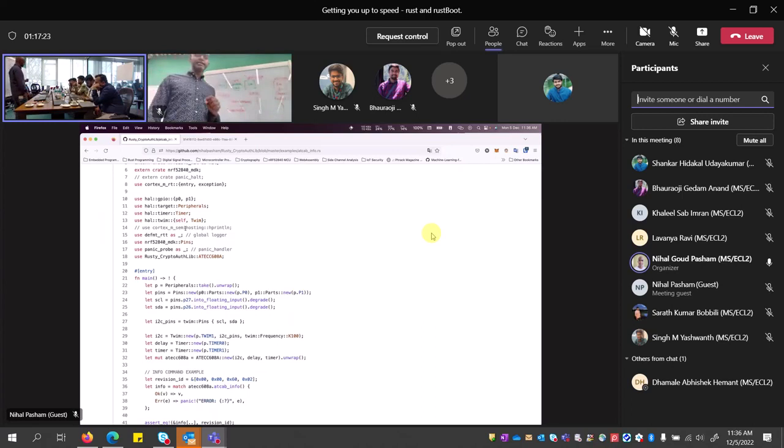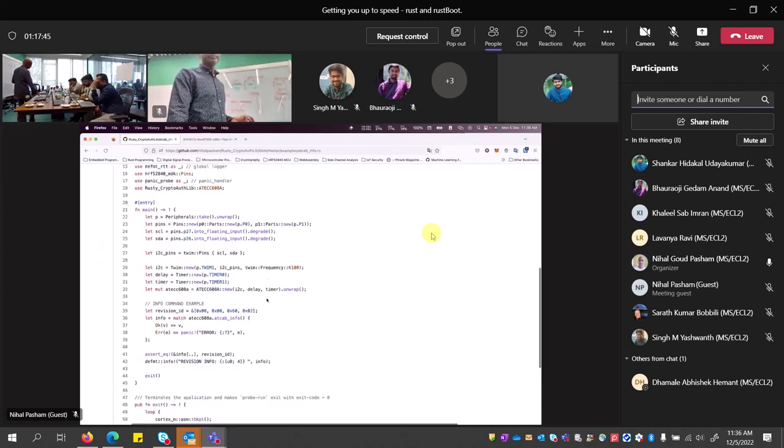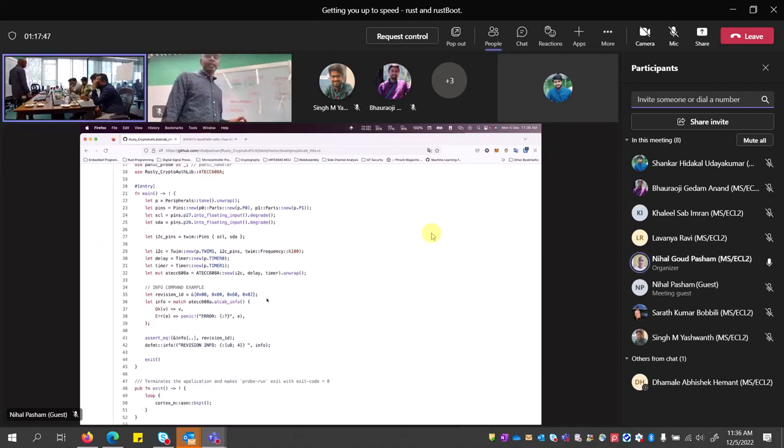So if you see over there, on line number 13, you will see TWIM, the 2-wire interface in the master mode. Okay. Make sense? So I pull that in, then I configure my pins. I say I'm going to use 26 and 27 for clock and data. And I'm going to basically create a new instance of the TWIM, which is on line 29, right? And there's also something called a delay that I need to provide,